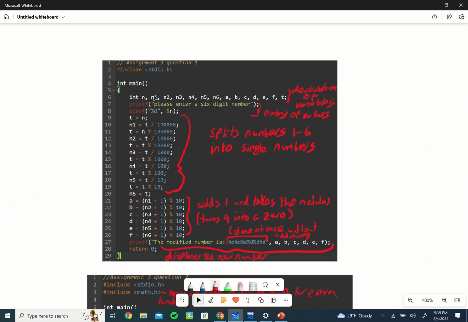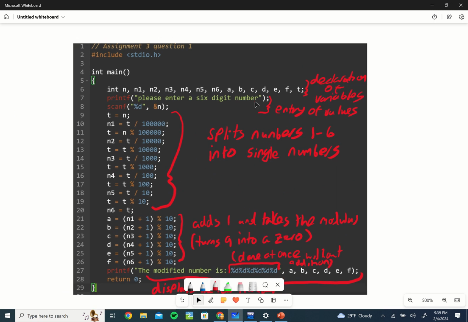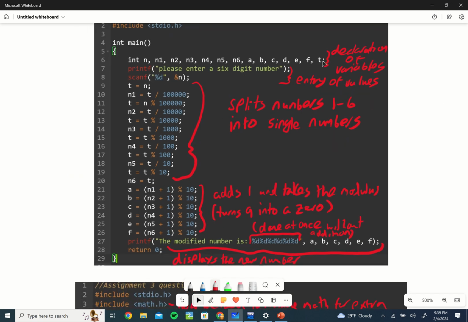As always, starting off with the stdio.h and main function. So after that, we have the declaration of variables, a lot of them, and we have the entry of the values. So please enter a 6-digit number, which is n here, and I have t as a temporary variable, so you set that equal to n,